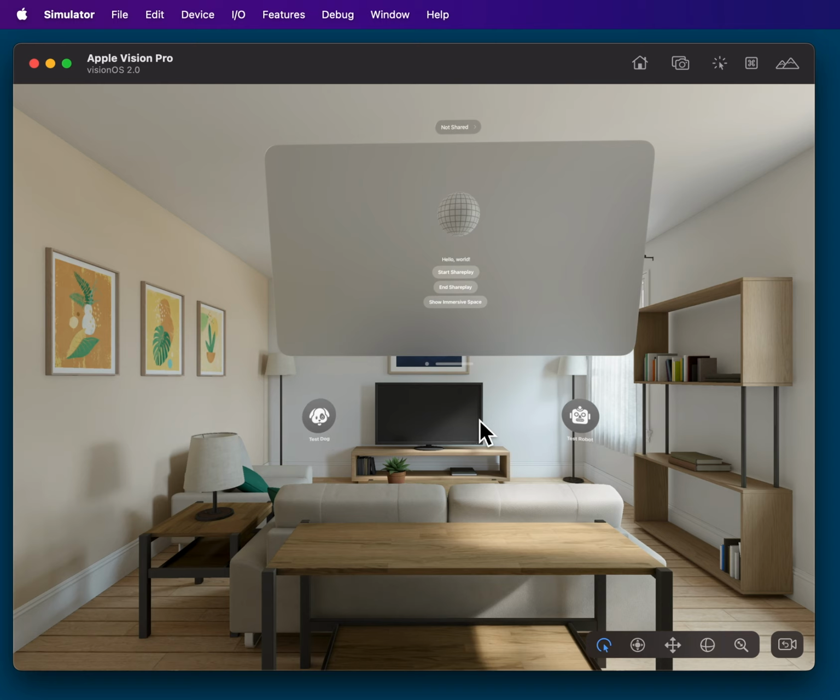If you're trying to test out things with roles or anything that has messages passing back and forth after you establish a SharePlay, you're not really going to be able to do it from the simulator. You really need 2 devices to do that. And you may or may not want to look at making an iPhone version if you don't have access to 2 Vision Pros or easy access to another person with another Vision Pro, so you can actually set up the connection across. It's a good idea to do it from either a Mac app or an iPhone app, and pass those messages around so that you can do the different testing on those parts as well, because you'll have access to the messages